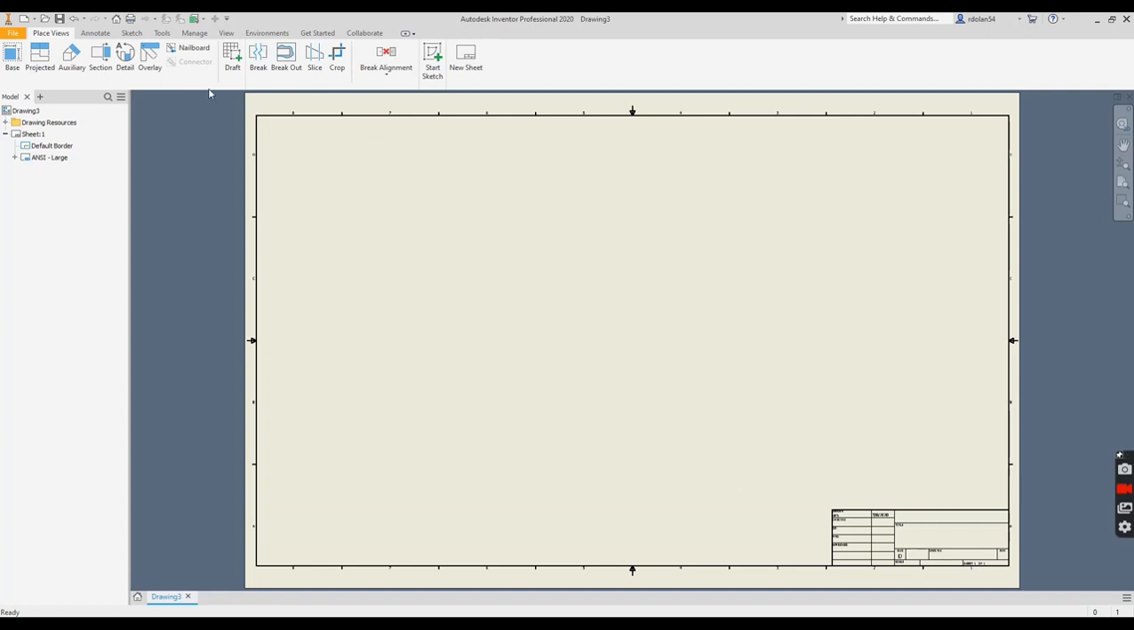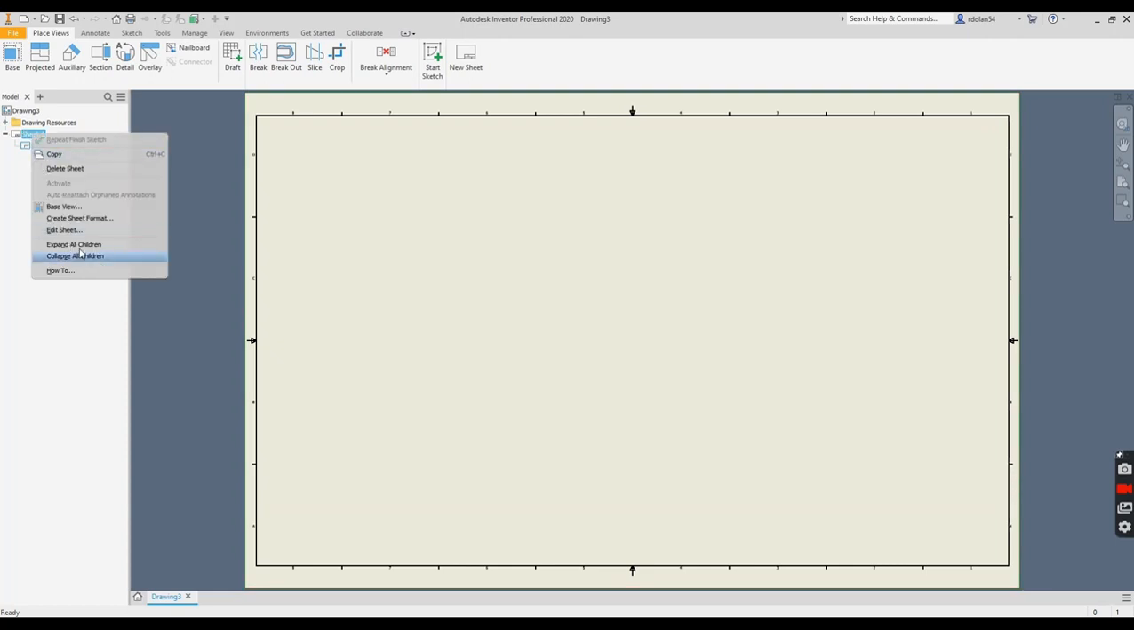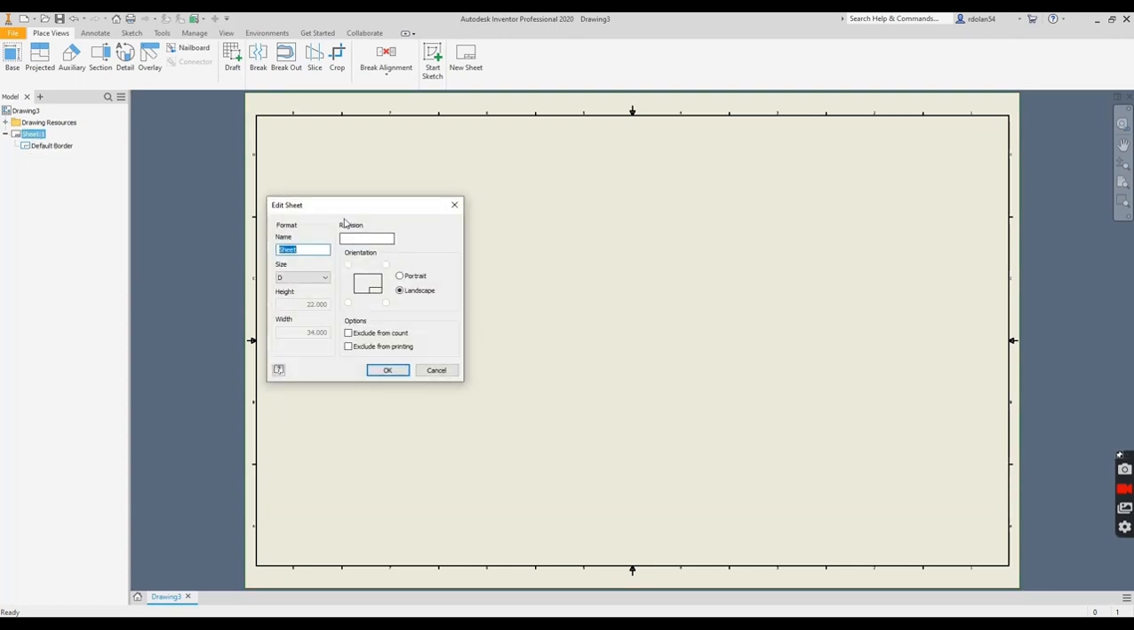The first thing we're going to do is right here where it says ANSI large. We're going to right click on it and pick delete, because we don't want that large one anymore. So we're left with the border. If you right click on the sheet and go down to edit sheet,